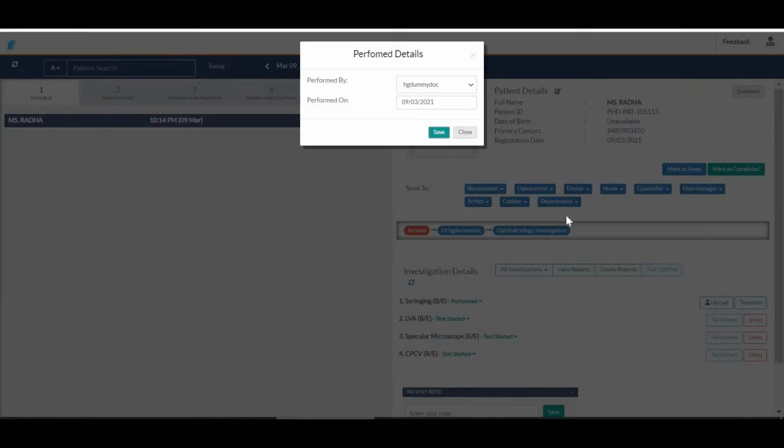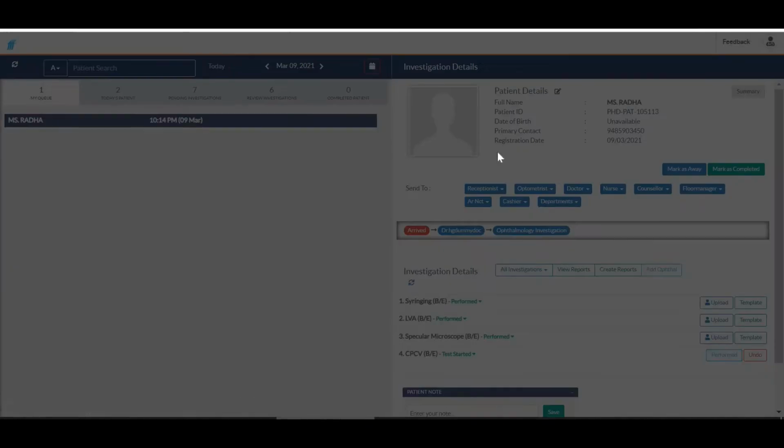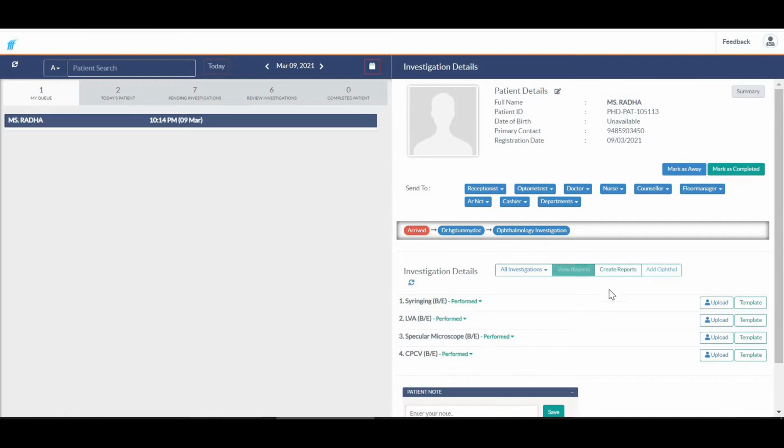Similarly I'll perform all the investigations. After performing, you can create templates where you can capture the findings for each individual investigation, or you can capture a combined report using this create report tab.